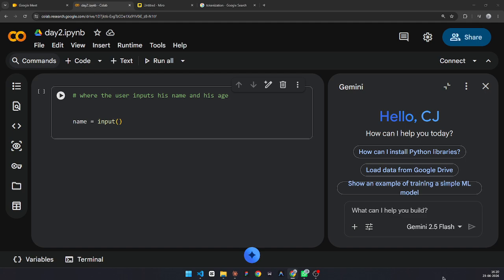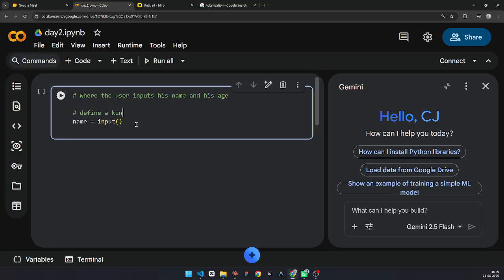So input is a kind of function where the computer or the program tries to explicitly say, please input this kind of thing. So first of all, you define a kind of variable placeholder.